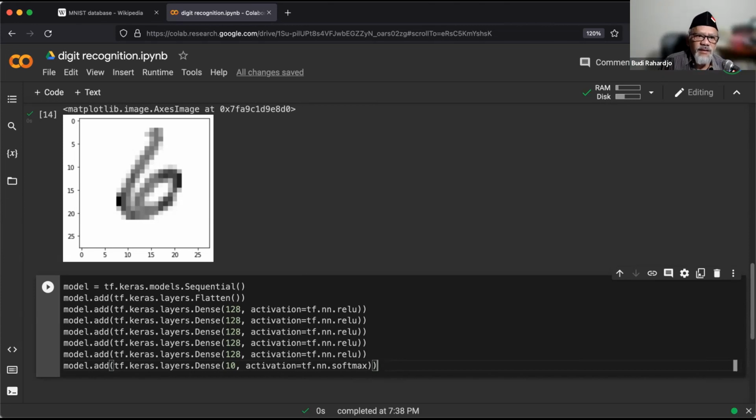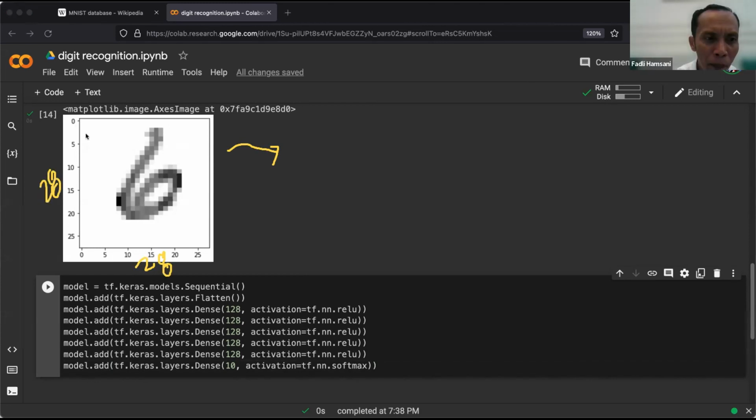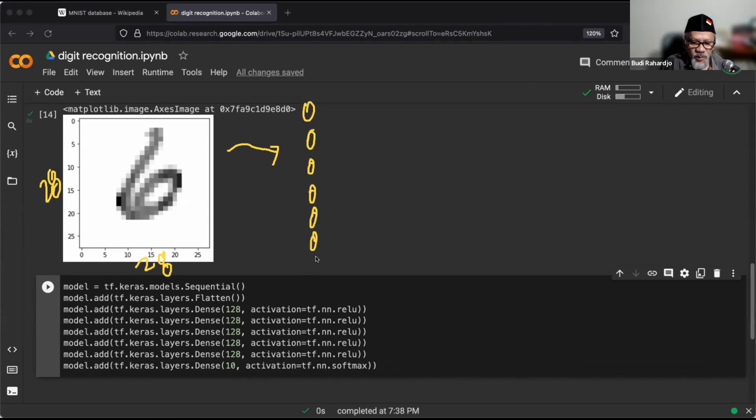Oh, yeah. Let me see if I can write on this screen. Let me annotate the screen. So what we are going to do is create something like this. Ini kan ada image ya. Ini image-nya mau saya masukkan ke neuron deh. This is 28 by 28, kan ya? So masukin ke neuron gimana caranya ya? We are going to have this kind of neurons, and there are 784 neurons.